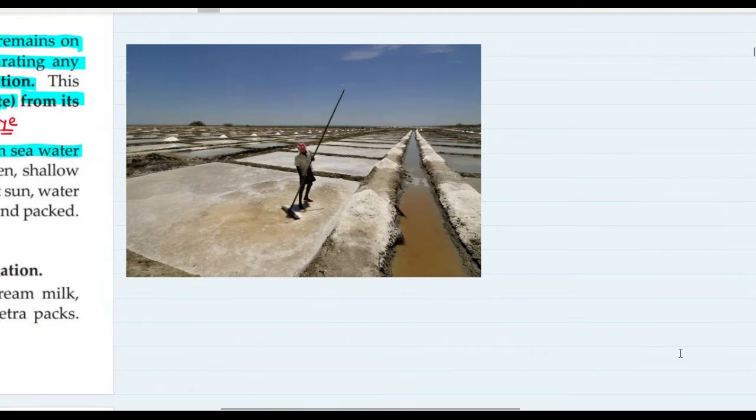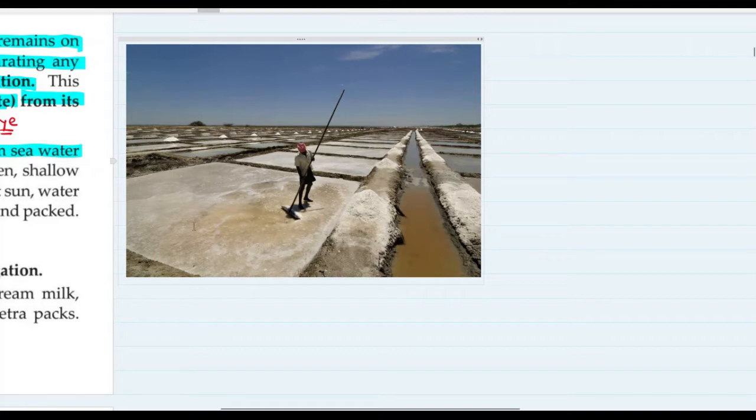So a salt pan is a place where the saline water, water containing dissolved salt from sea or a lake, mostly sea, generally seawater has dissolved salts in it. So it is spread over a large surface area like this. Okay, and with the heat of sun, the water gets evaporated from this salt pan, and only the salt is left behind. The white color substance which you see is the salt.